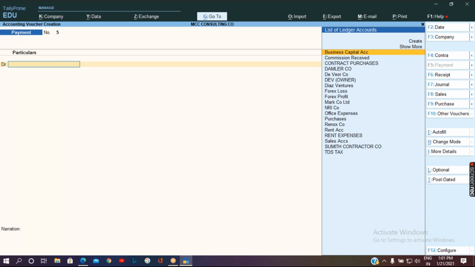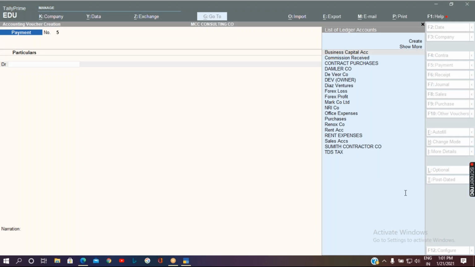Whenever we make the payment related to the tax payment in Tally, use the autofill option to pay it through the start payment option.